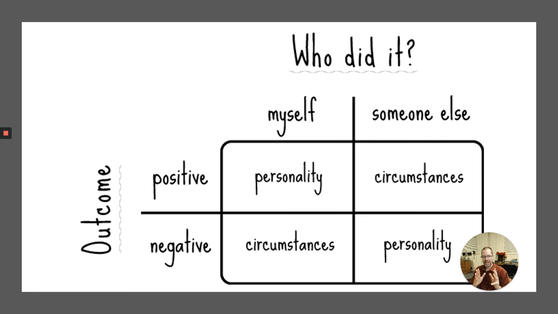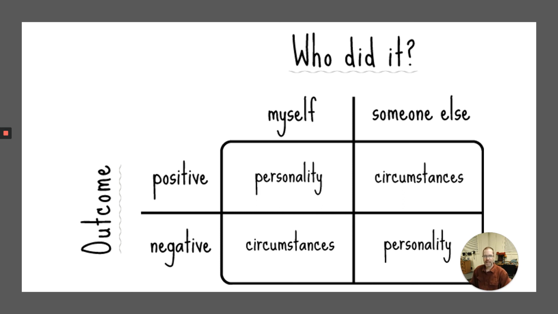And so we might say, in terms of self-perception, well, that depends on the outcome. If it's a good thing, I'm going to take credit for it. If it's a bad thing, I'm going to lay it off on somebody else, which is somewhat, in essence, where we're going with this a little bit. So if it's a positive outcome, then who did it? We're going to say, well, it's my internal attribution. It's something about my personality. It's something about my character. It's some endearing quality, some merit, something that I have to bring to the table.